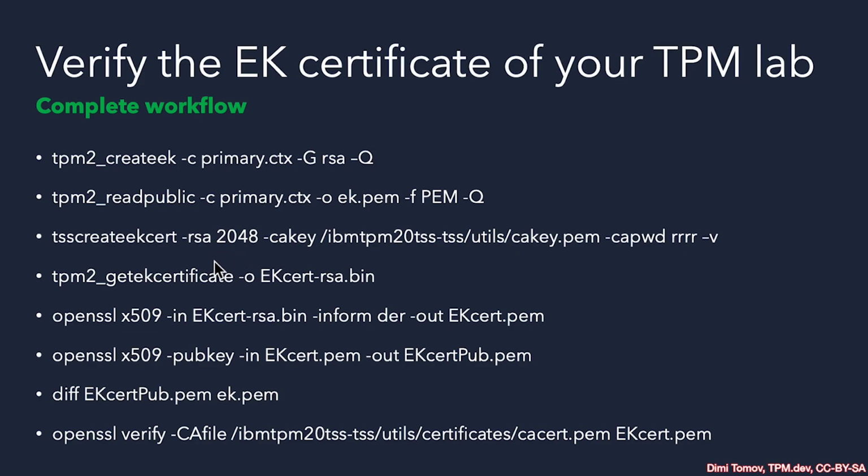This is important. Once we have generated the EK certificate for our TPM simulator, we can extract it as usual using the TPM2 tools. Then we convert the certificate to PEM format as well. We extract the public key from the certificate and we compare the two public keys. If they match, then the last step is to actually verify the certificate as genuine. And if that's true, this means we have a genuine link between the creator of the simulator to our EK that is in the TPM.